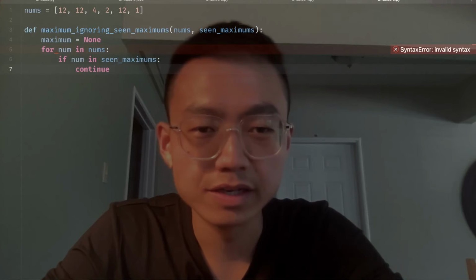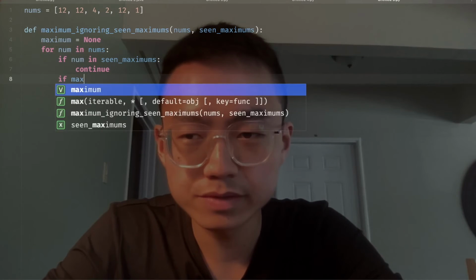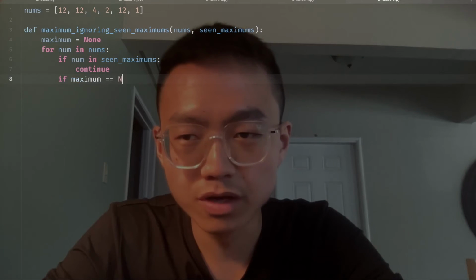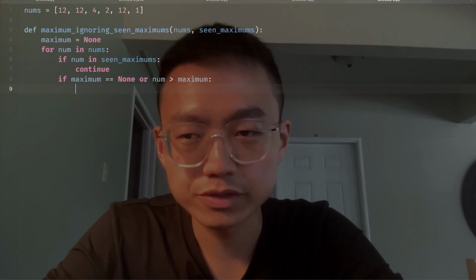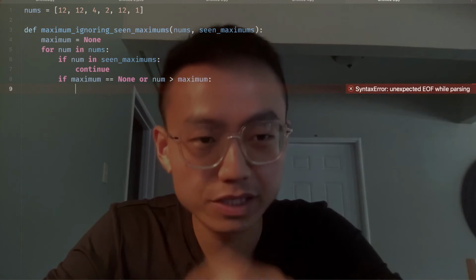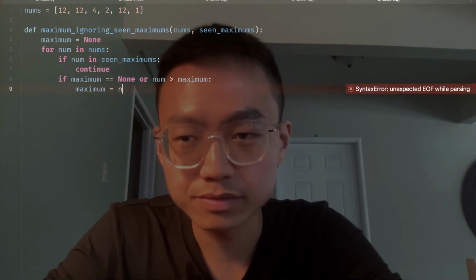But if it is not, and if the maximum is None or num is bigger than maximum, then the maximum is just num,